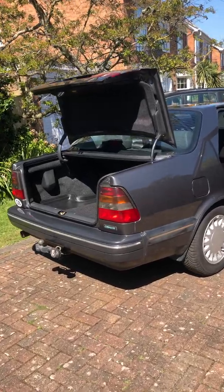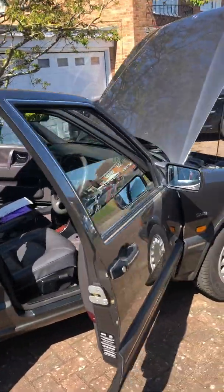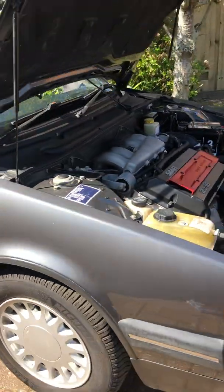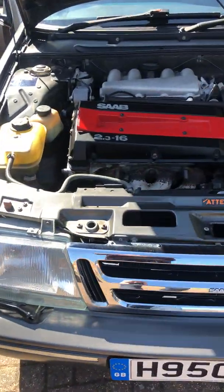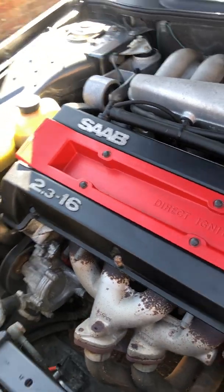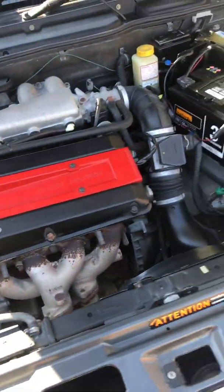Here we have for sale my Saab 9000 CD 1990. It's a 2.3, actually it's rated, finished in grey. It's a 2.3, 16 valve. You can see that this engine bay has been very well looked after by the previous owner, one owner